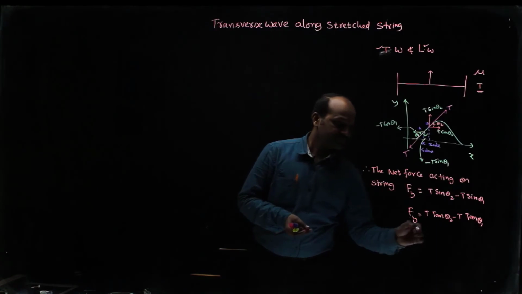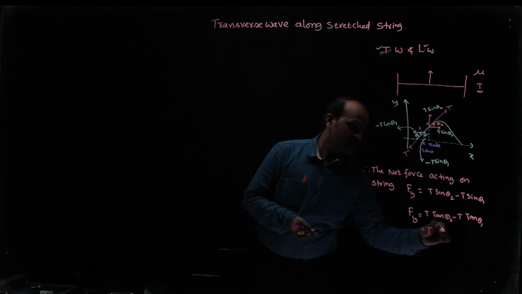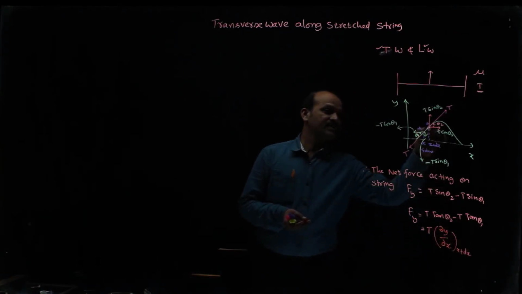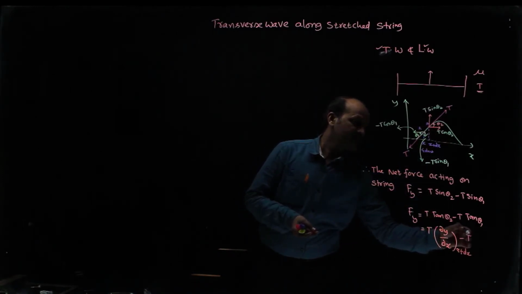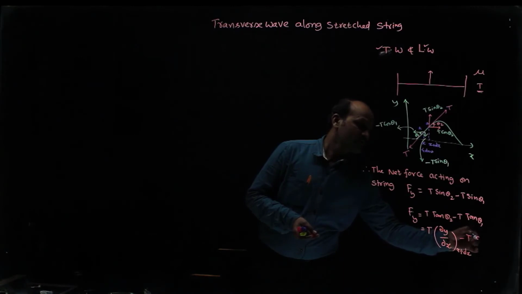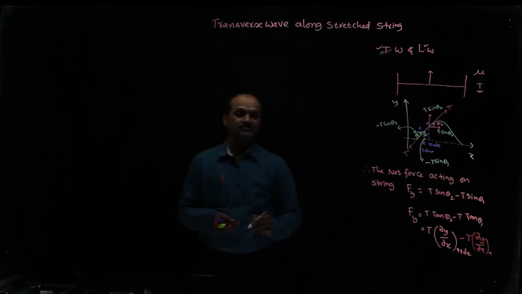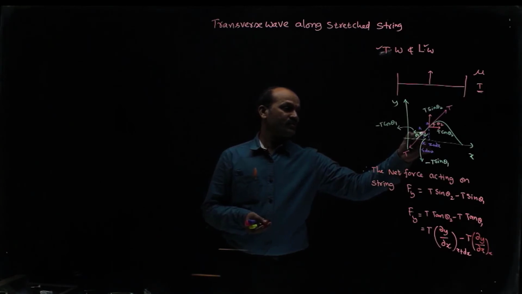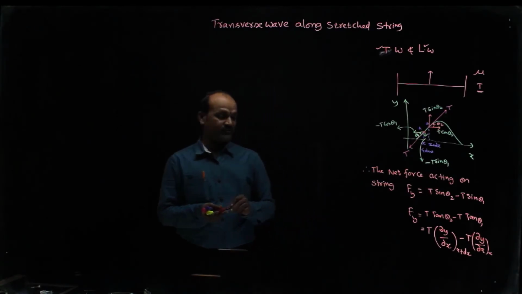So here this tan theta 2 is the slope, that is dou y by dou x at x plus dx, that is at B. This is tan theta 2 here. So at point B, this is the slope, minus this is the slope at x, dou y by dou x at x. At point A, the slope is dou y by dou x. There we have drawn the tangent, the slope of the tangent is that.